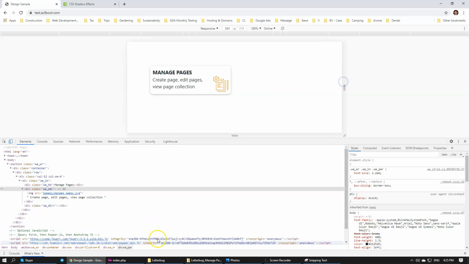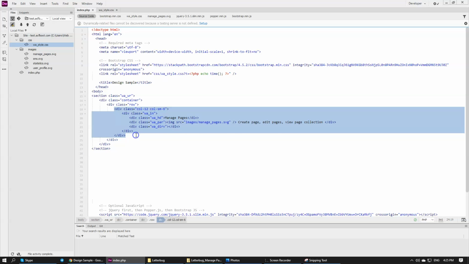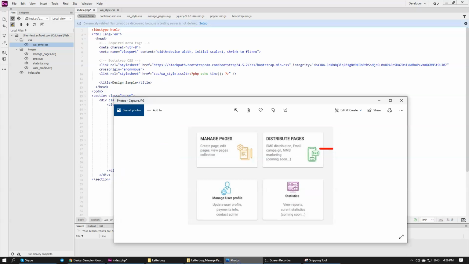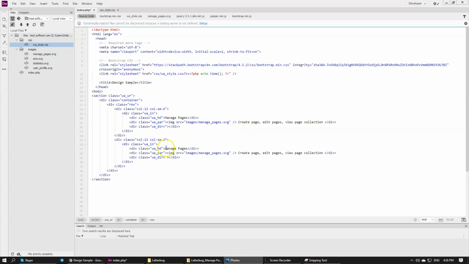Okay. The next action item is to copy this. And what is our next element? Distribute pages. So we'll need to change this up to